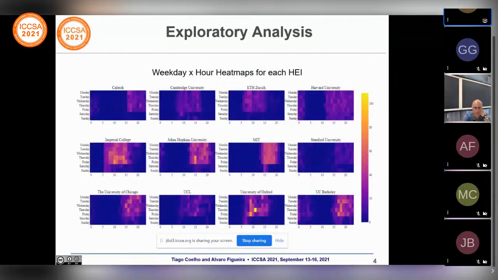We also determined the institutions' posting preferences by analyzing the following heat maps of weekday per hour. We were able to determine that their activity was mostly restricted to a set number of hours, during which they concentrated most of it, and then we had the so-called dark periods with little to no activity. The weekends could be considered, for most institutions besides Harvard, dark periods with little to no publications as well.